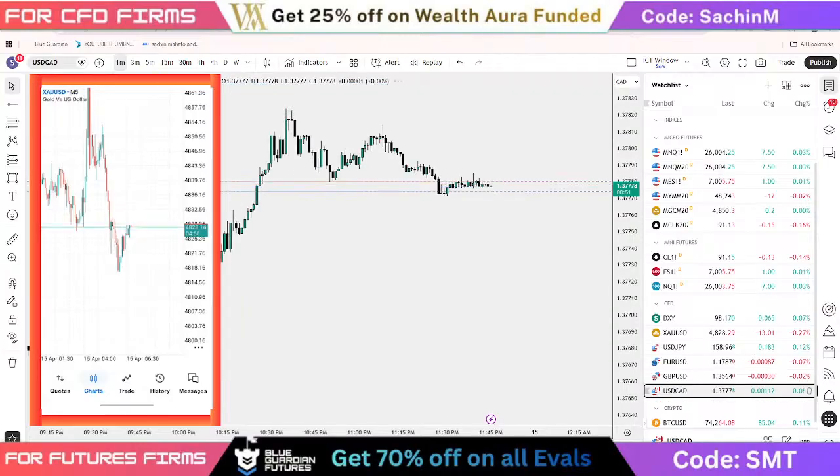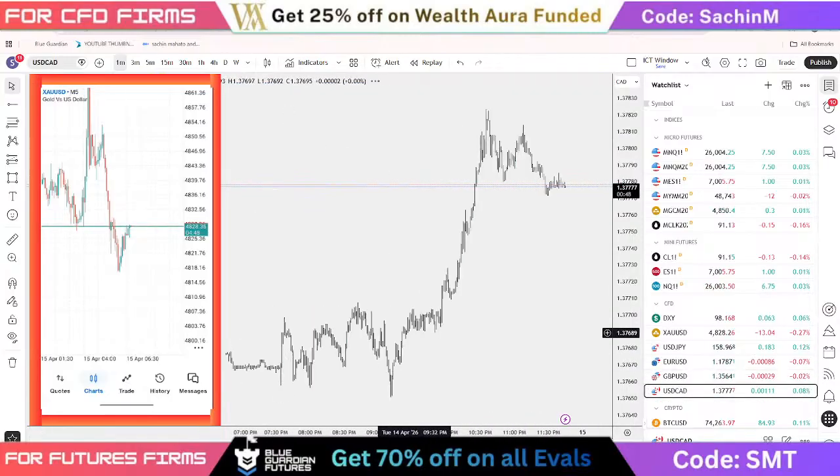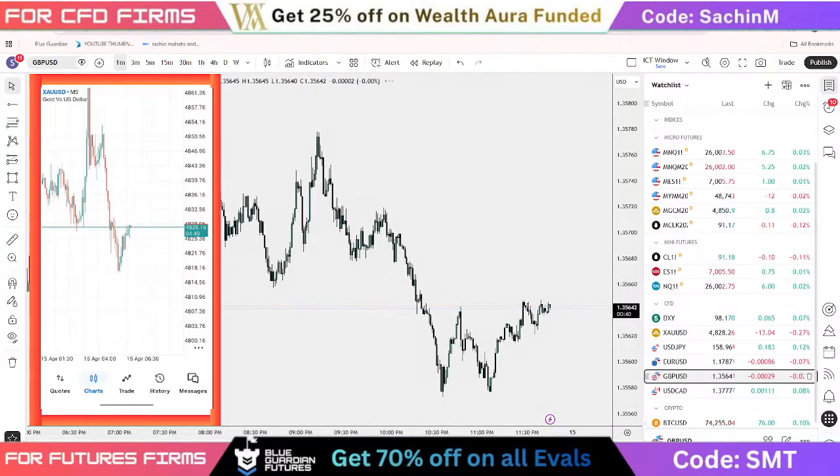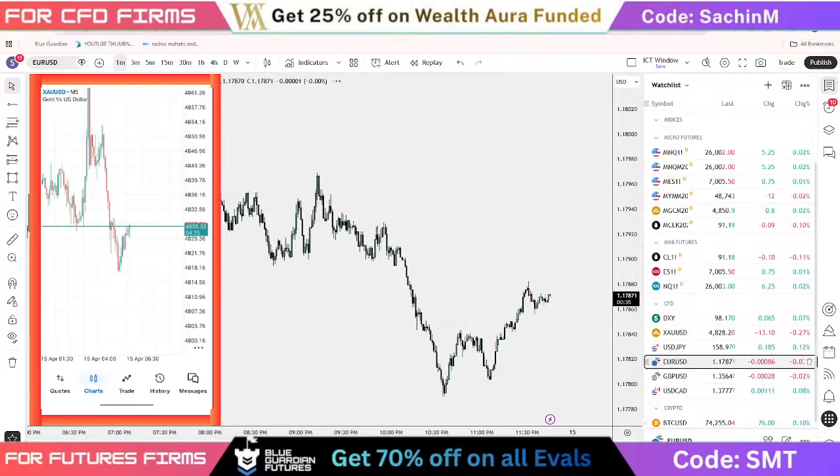I really don't want to trade this session right now. After the opening, the USD had a big run to the upside. That's a good run to the bull side.